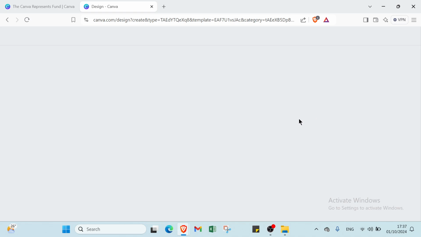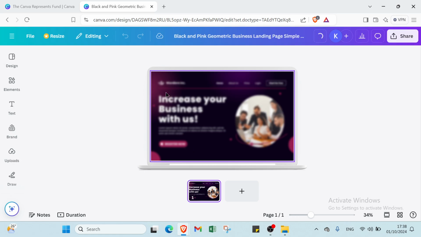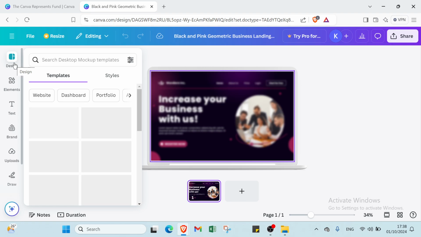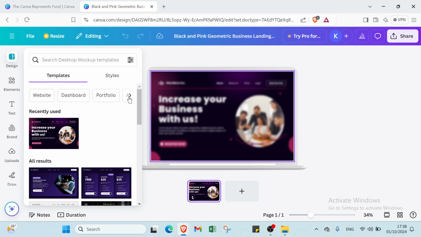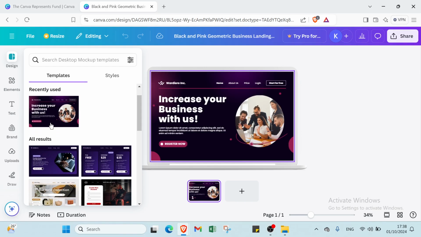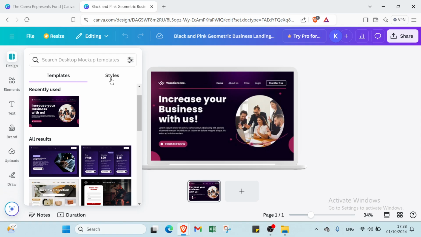Once you do that, you will find another page. So this is it. We have various things here. I will show you how you can do that. Here we have designs. You can select the templates you want, or you can search here. We have your website, dashboard, portfolio, and also we have things like this. For example, this one. And then if you want styles also,